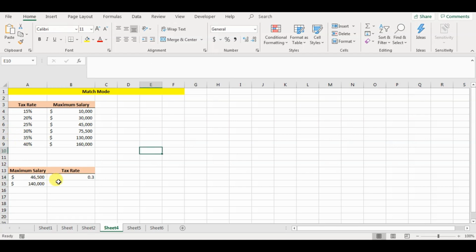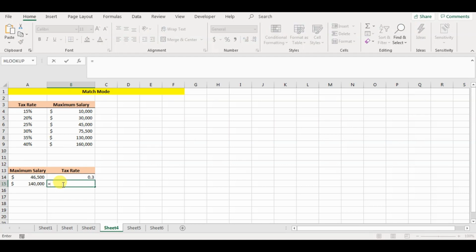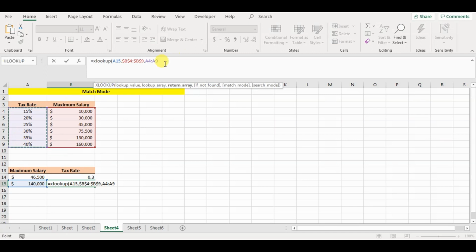Now similarly for 140,000, what would be our tax rate? So if we do XLOOKUP, open, 140,000 is the salary, lookup array is this column of maximum salary, absolute reference it with F4, return array we want tax rate, and we will absolute reference it.